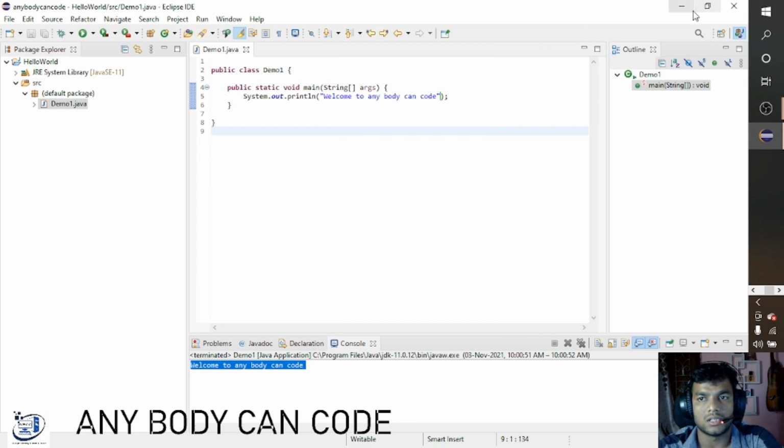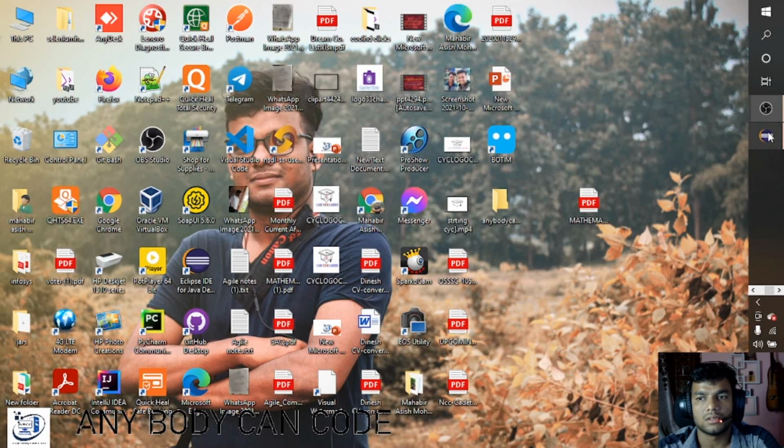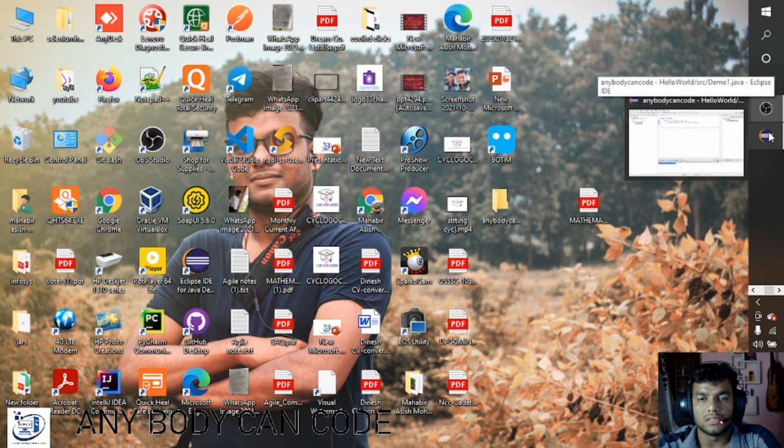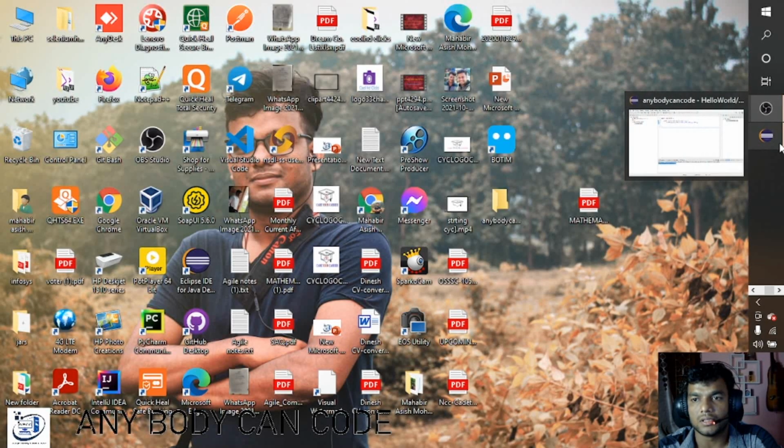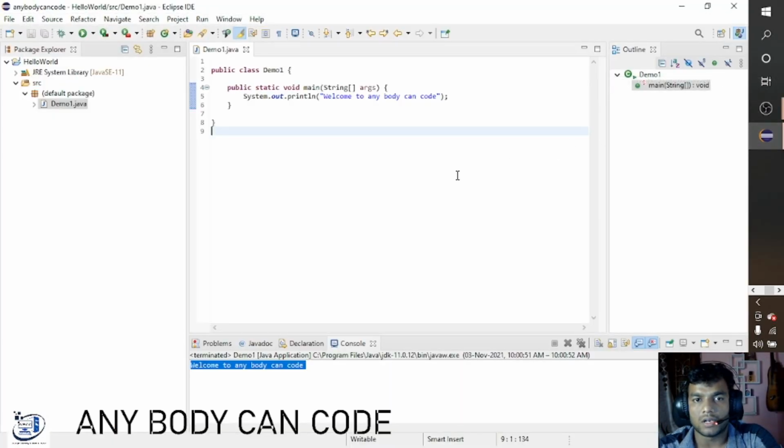So this is how to install Eclipse. I will post the Eclipse link, where to download it, in the description. You can download it from there. You can go with other IDEs also and watch YouTube videos. For me, I will be doing everything in Eclipse, so it is better to have Eclipse to practice hands-on from my videos. That's all. This was just some basic code, like printing hello world in the console. We printed "Welcome to anybody can code". For this video, this will be it.